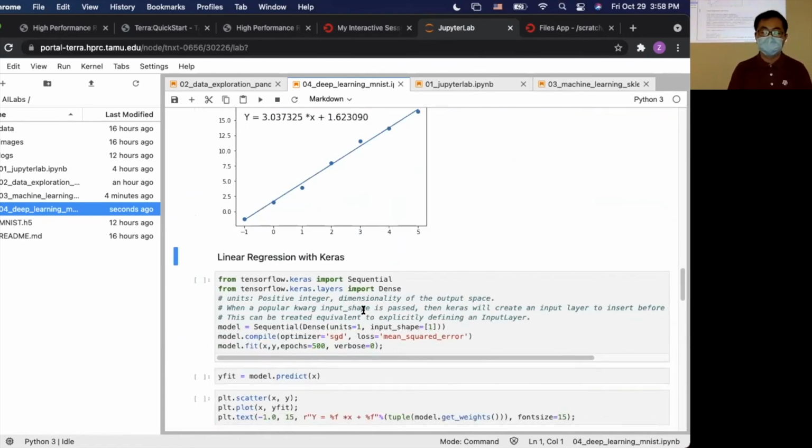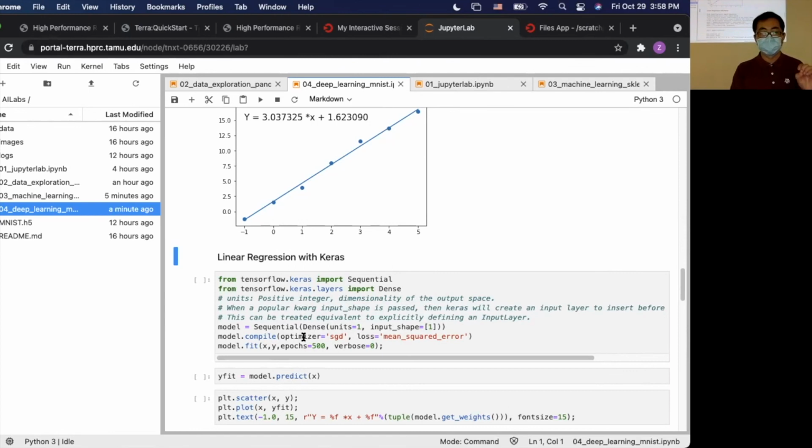So actually, a deep neural network can also do linear regression, and we can use a method called the Sequential library. Sequential means that if you want to build up a neural network, you build it sequentially, layer by layer. So here, you have a Sequential model, and you have a Dense layer, like a regular layer of a neural network. And units means the dimensionality of the output. And also you have an input, this will generate an input layer. So you have one and you have one.